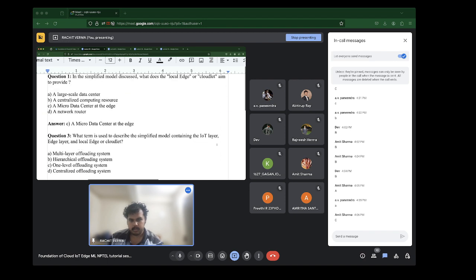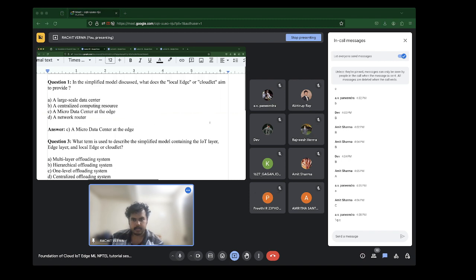So what term is used to describe the simplified model containing the IoT layer, edge layer, local edge or cloudlet? Is it multi-layer offloading, hierarchical offloading, one level offloading, or centralized offloading? Oh, question 1C.